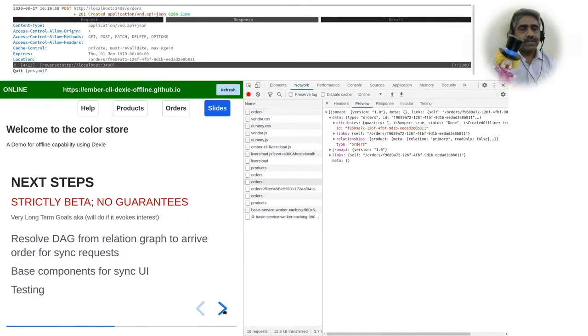So the next steps for this add-on, I'm planning to put more effort on this add-on only if it evokes interest, like via stars or likes on the GitHub project, primarily because of my bandwidth availability. Sorry for that. And so these are the next steps that are available. So I'm not going to read through it to explain it any further.